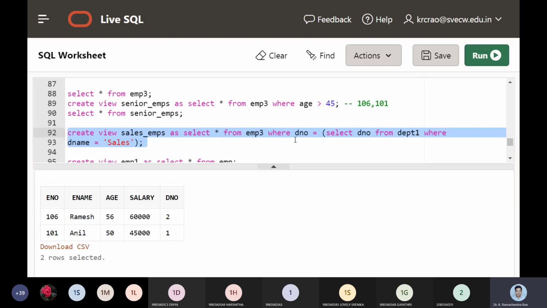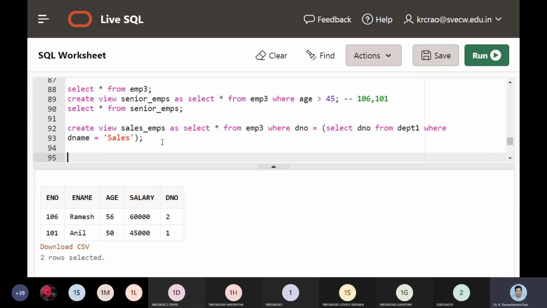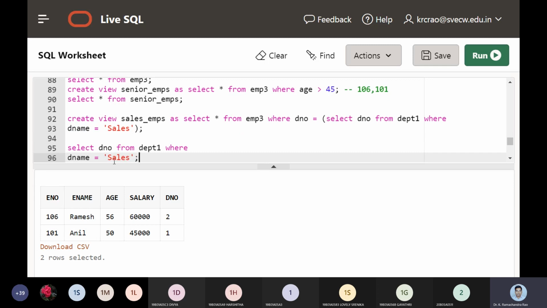This is quite interesting at this point of time. So select employee 3 where department number is from the subquery where department name is equal to sales. We will first execute the subquery. See the order of how we can take this up.